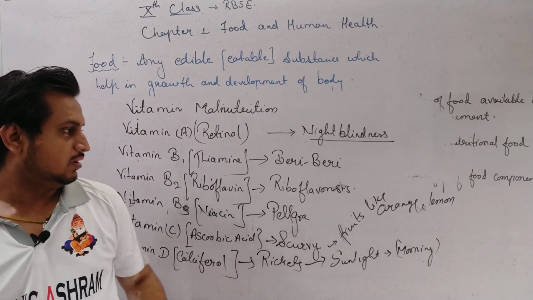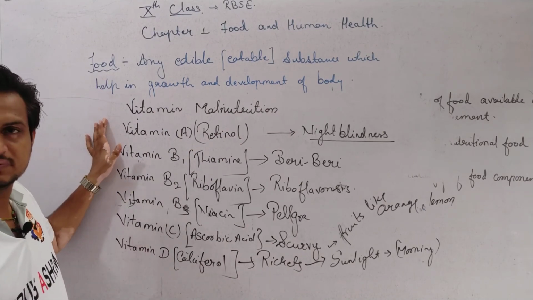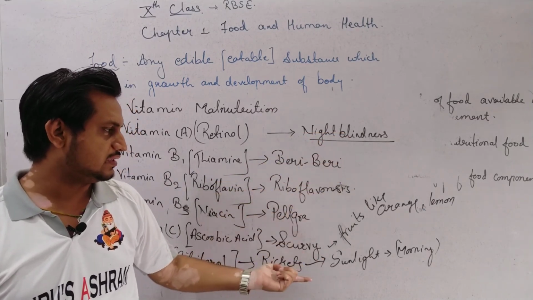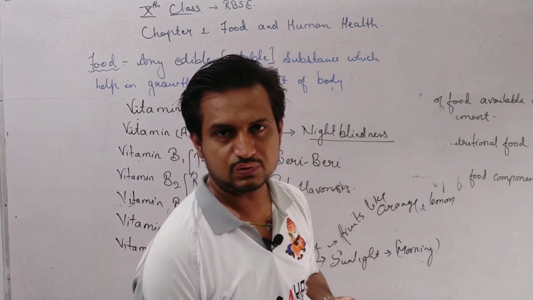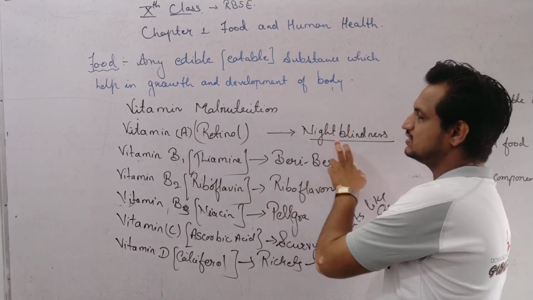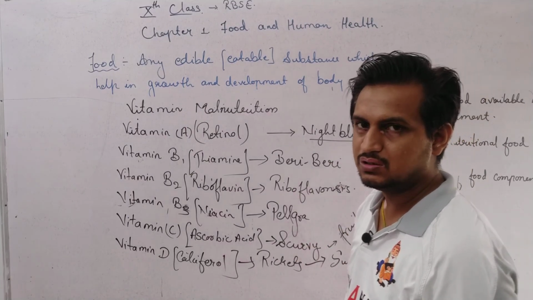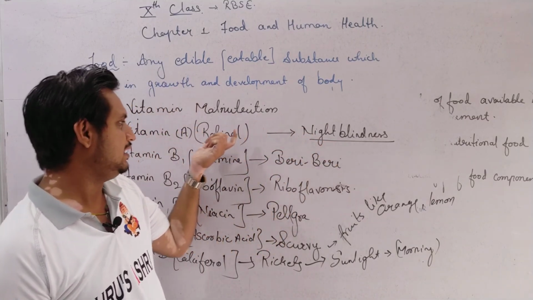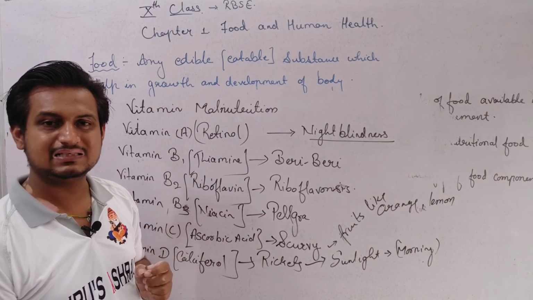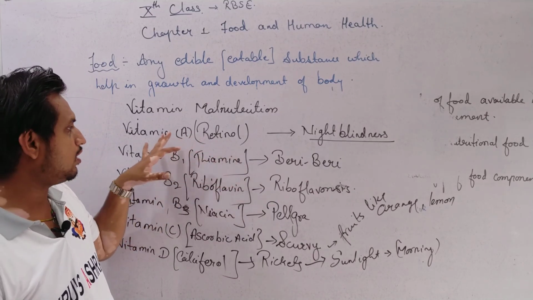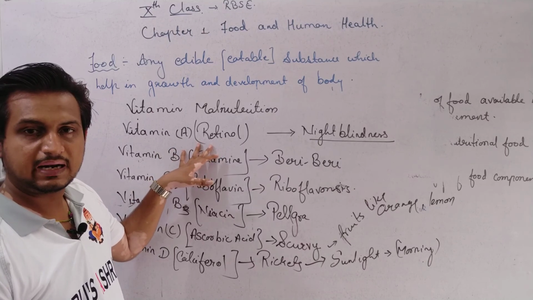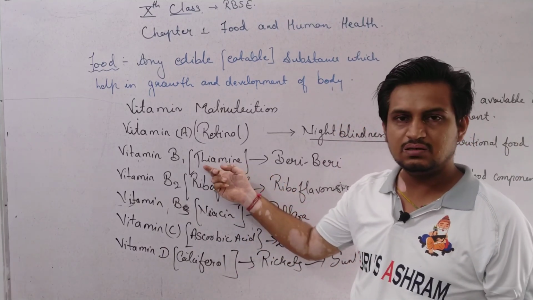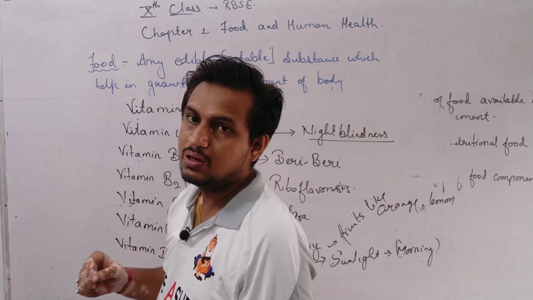Got it? Okay. Now, these are the vitamin malnutrition diseases. If anyone is suffering from any of these vitamin deficiencies, it causes these types of disease. So, in our examination, there are two types of questions. First, vitamin A, which is related to night blindness. It may be a question like: a boy named XYZ is suffering from night blindness, so tell me which vitamin he is suffering from. You can write retinol or vitamin A. Both answers are correct. Okay. Now, in the same way, a person is having a malnutrition of vitamin B1 or